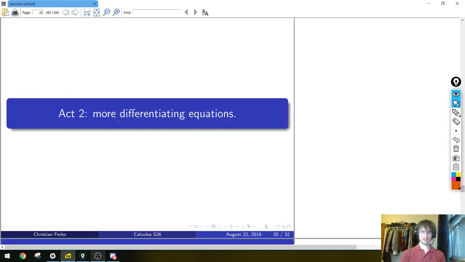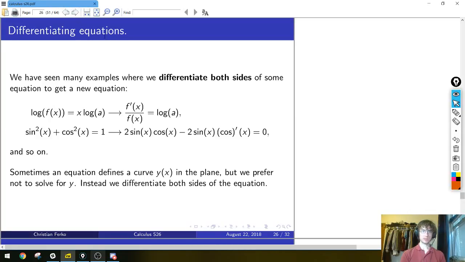So, I'd like to say a bit more about taking derivatives of equations. We've seen a few examples of this. For instance, in logarithmic differentiation, as it's sometimes called, we computed the derivative of f of x equals a to the power x by taking a log of both sides, which gave this equation, log f is x log a, and then differentiated both sides of the equation, getting f prime over f on the left